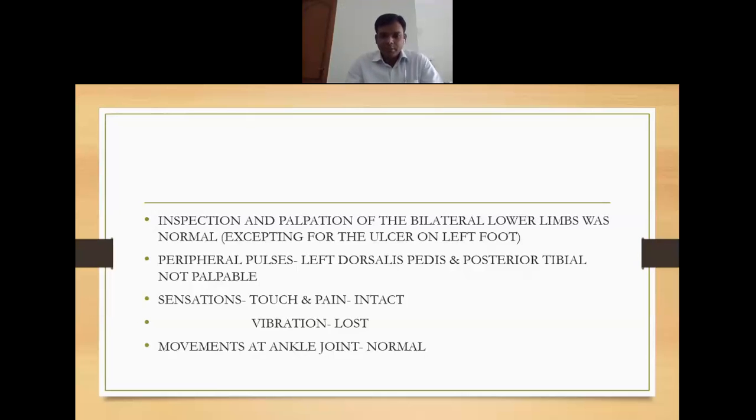Now why I am asking this is, majority of you, when you come to this point, you expect that it is not palpable. Usually the ulcer will be there and there will be some cellulitis, so it will be usually palpable. Sometimes actually it will be more palpable than the other side, because the new vascularization, all those things will make it more bounding. So when you want to write it is not there, you have to be really sure that it is not there.